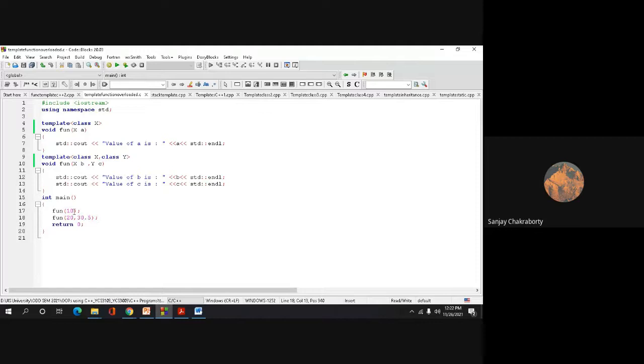Why? Because in the first case both the function names are similar, but their parameter types are different. In this case the parameter which I have passed is an integer type, and in this case the parameters we have passed, the first one is integer type and the second one is a float or double type. So based on the different types of parameters, we can change the template definition here. Okay, so that is called template function overloading, or function overloading using template functions. Okay, so if we execute this code,